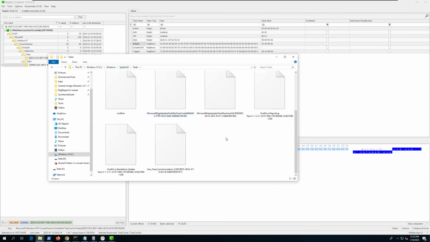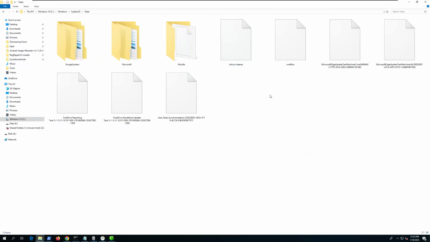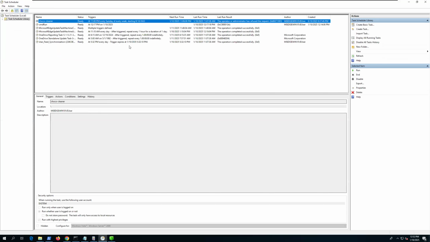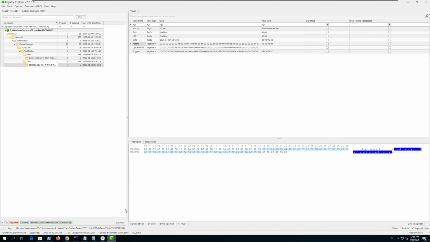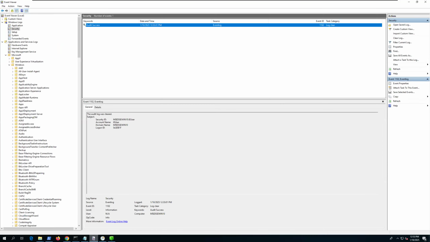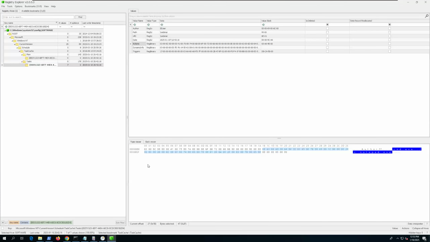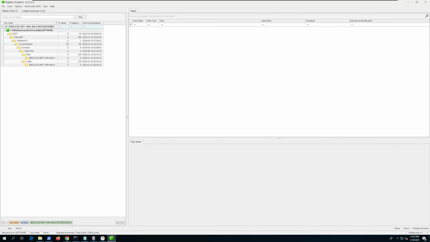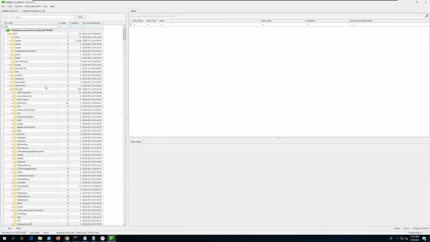Even when we don't see the file in here, and we don't see an entry in scheduled tasks, and we didn't see any events being triggered over here, there's nothing wrong with this. It's just that the way this method works is bypassing the Windows event log and all of that, so we can't see it in there. But looking at the Windows registry, we were able to find